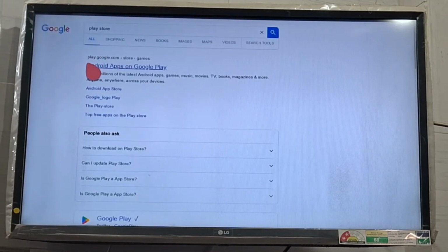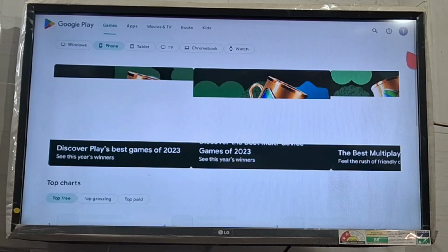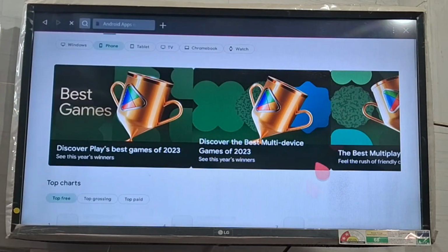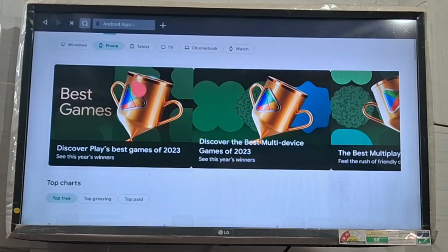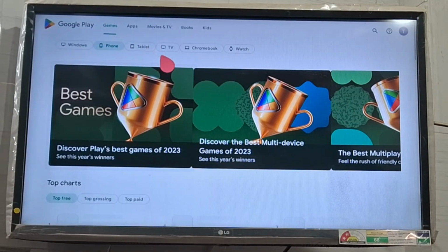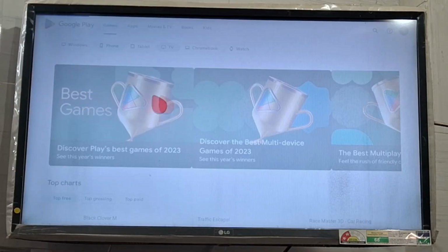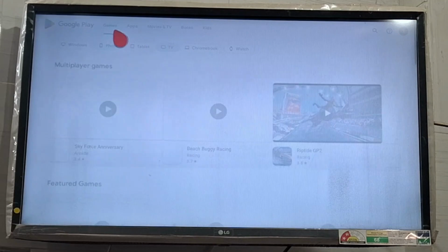So you need to open your Play Store application here, and Play Store will open up. You can see it is available for apps, TVs and everything, and you can look for any application here. Make sure that you will only be able to open Play Store in your LG TV, but it is not